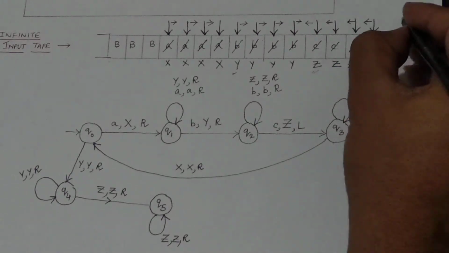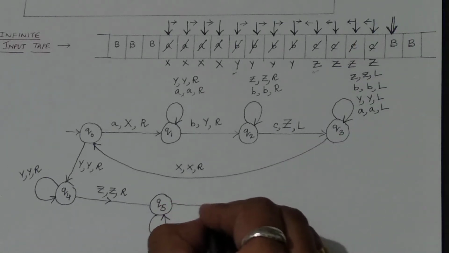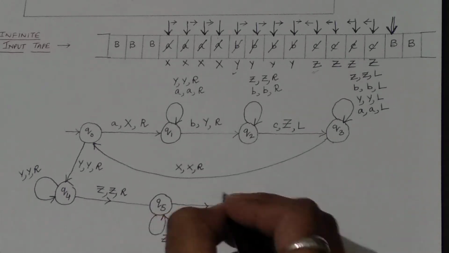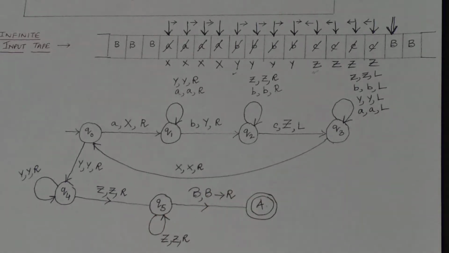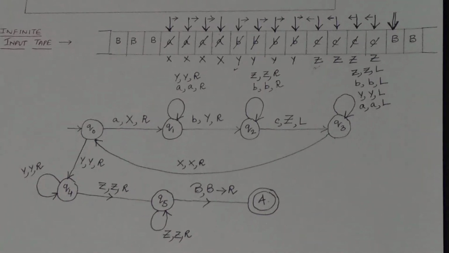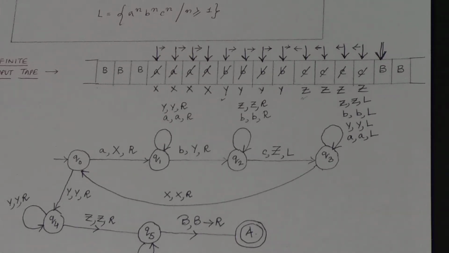After that, all the Z's have been finished. Now what do we encounter? The tape head will finally reach this blank symbol. So I can take a final state, or you can say accepting state, and I can give this transition: on seeing blank symbol, replace by blank symbol, and move in right direction. So this is all about your final Turing machine for the language a to the power n, b to the power n, and c to the power n. I hope it is very much clear to you all. It is just a need of practice. Once you understand the concept, how the read and write process is going on, it will be very, very clear to you all, and then you can assume how to work on it.